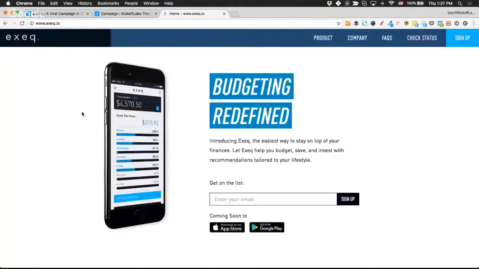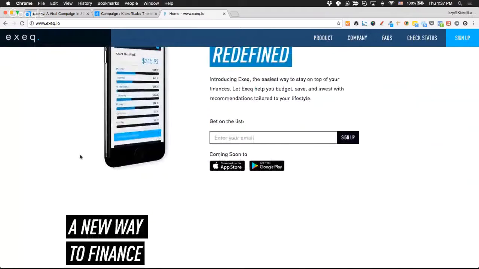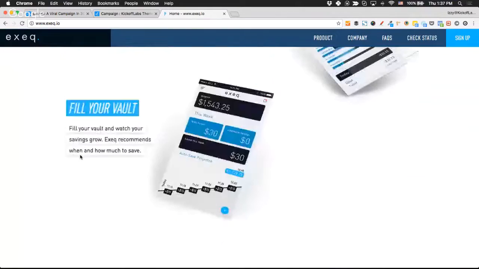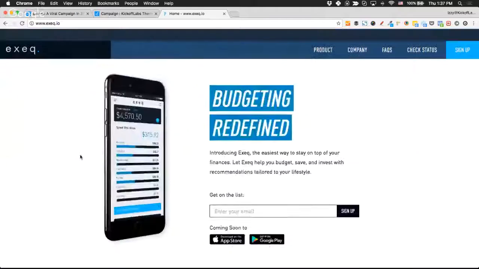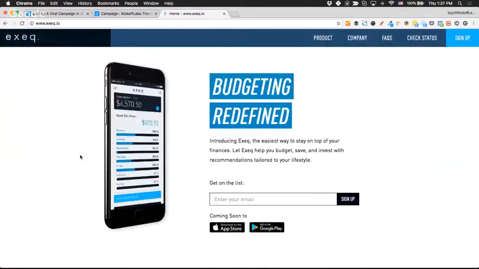I believe it's on exec. Just to show you what you could do with KickoffLabs, how cool your campaign could look, how straightforward it can look. I believe this is a custom sign up page where this customer is using what's called our any form. The any form lets you literally connect to any web page. So that's what they did.